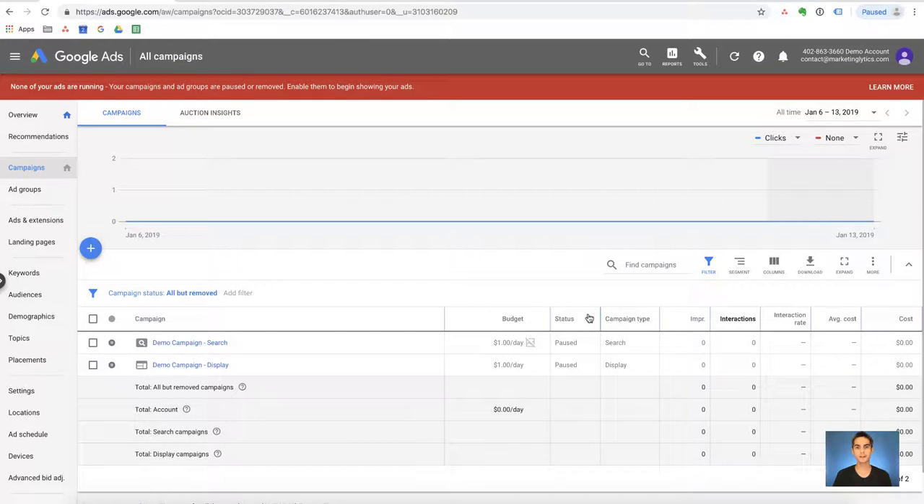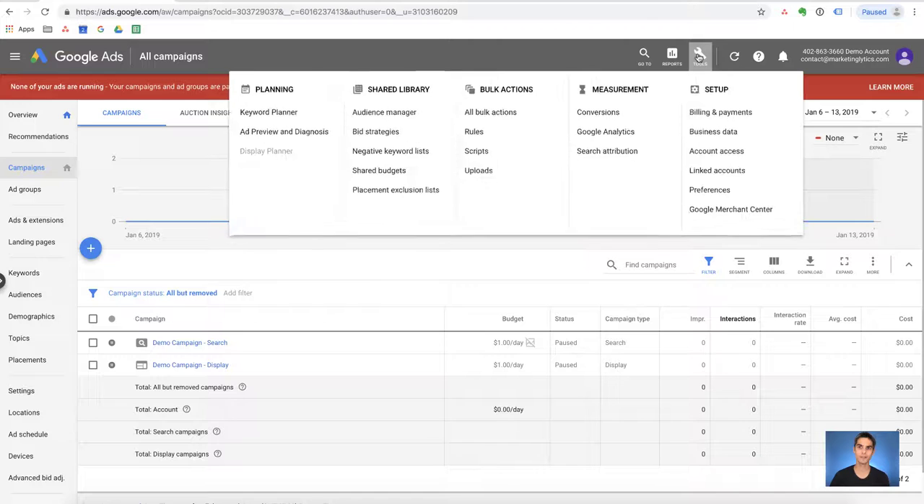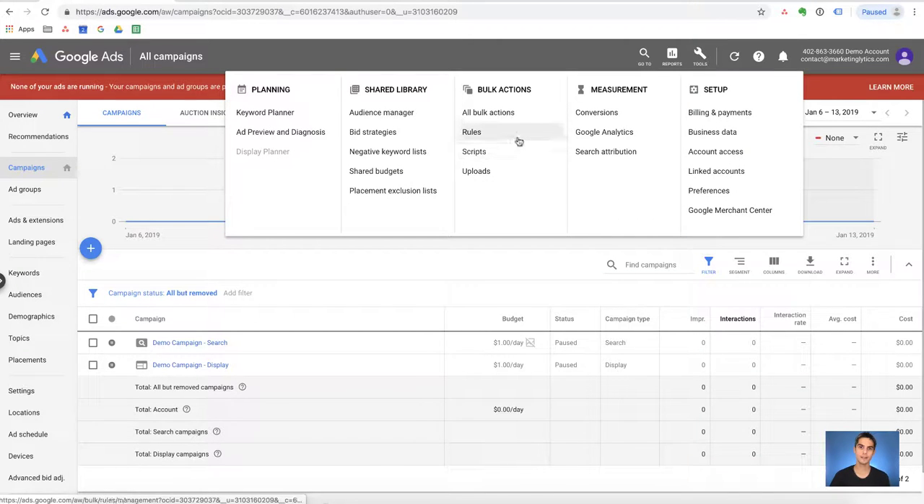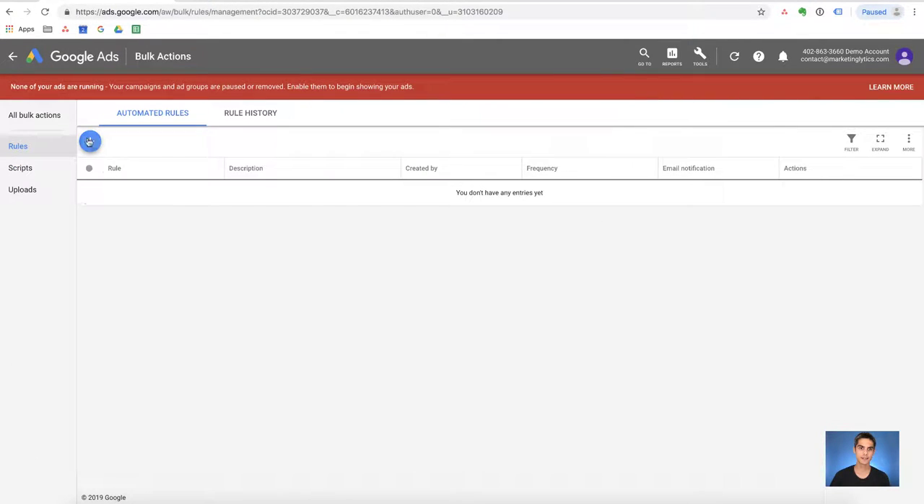Hey guys, just want to make a really quick video on how to implement auto rules in your Google Ads account. So let's say you want to pause search ads that have less than 0.5% click-through rate and more than 25 clicks. So the way you do that is you click on Tools, Rules under Bulk Actions,